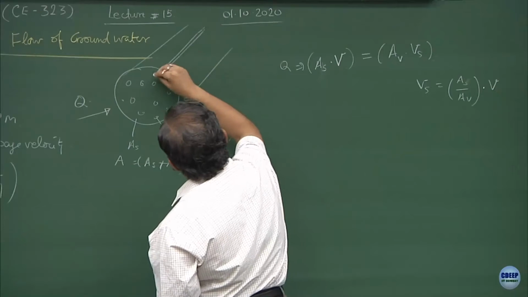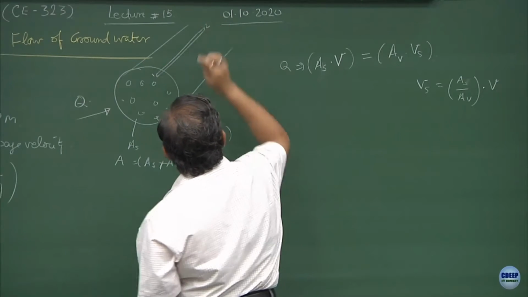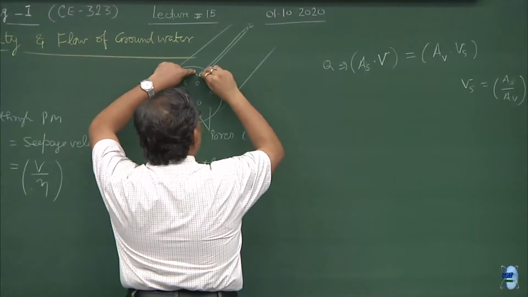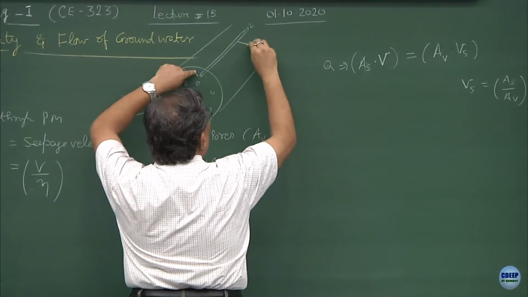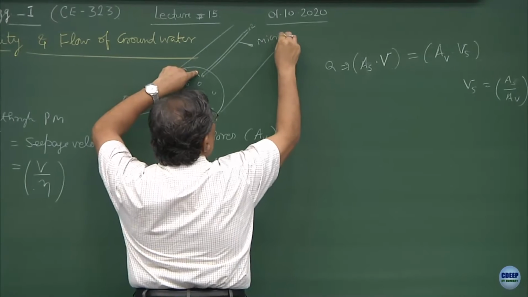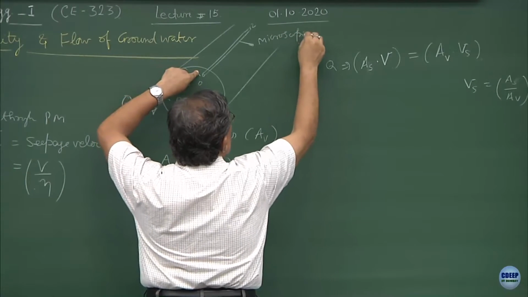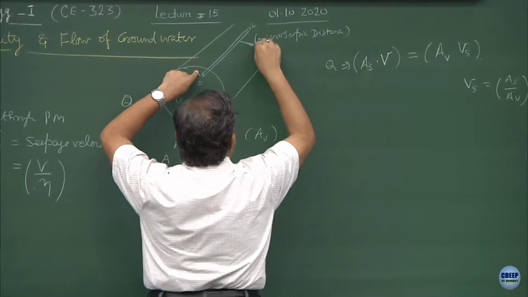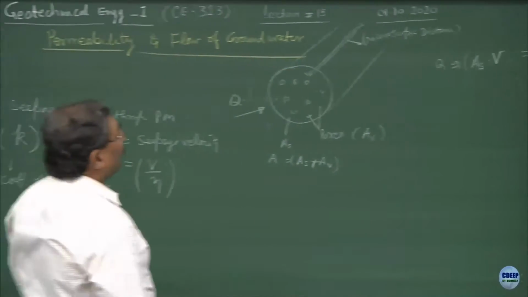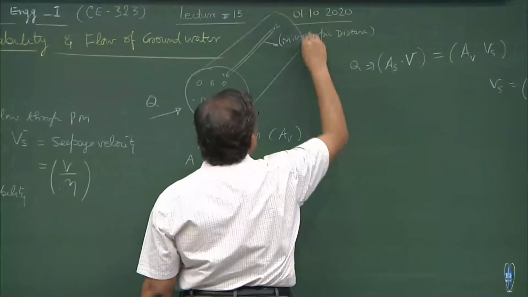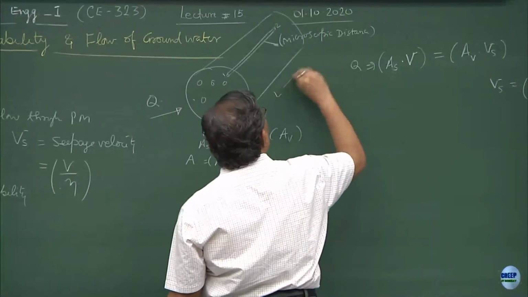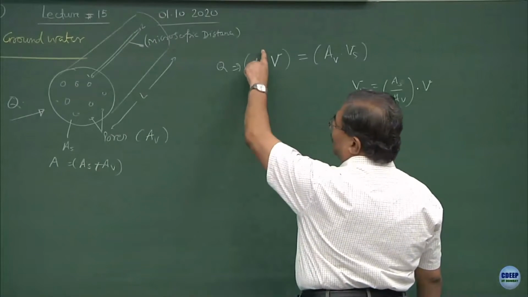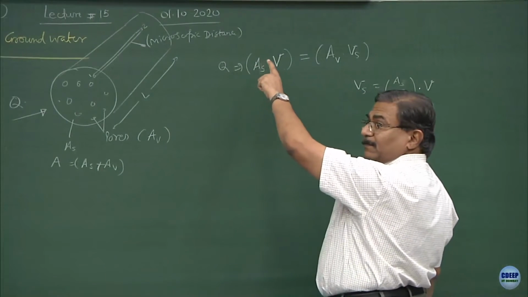if I say that the distance between a straight line of the pores is 1, 2. So, this is going to be your microscopic distance, which is the length of the pores. What is the physical length of the sample? The physical length of the sample is going to be L. V is the velocity through the bulk area, you are right. So, this is nothing but the solids.